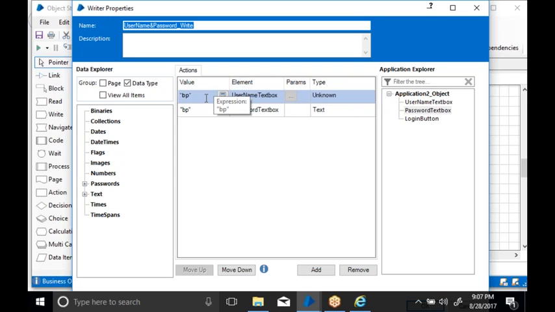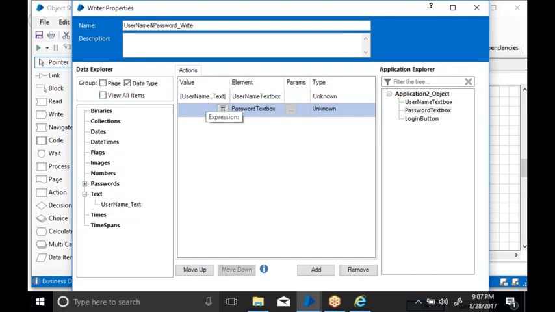Now the elements are dragged and dropped, and where before you had given the static value, now you pass the value from the username data item. Just drag and drop it under the value. That's it. Whenever you pass a static value, you have to put it in double quotations. Whenever you pass a data item, you can just drag and drop it. In the data item you have the username, and you also have the password data item. Now drag and drop this. Now click on OK.